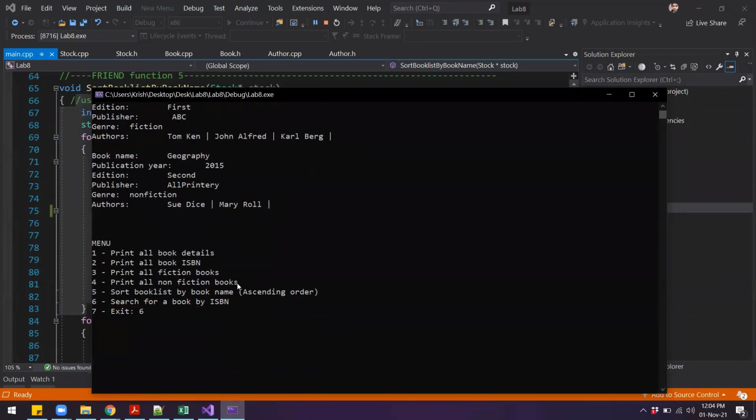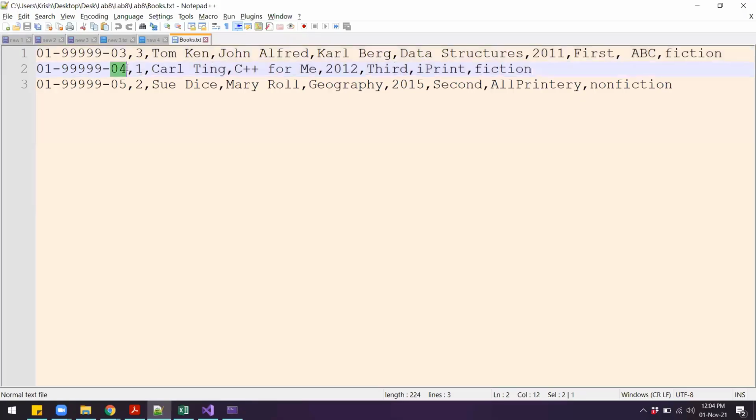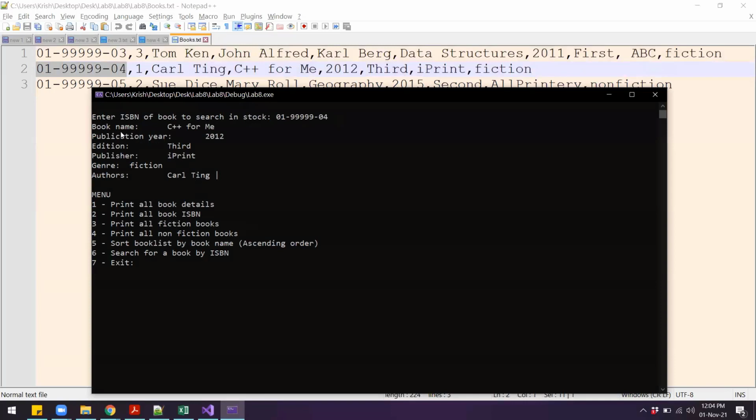And then 6, search for the book by ISBN. If I enter, let's say, this particular ISBN, we should get the details of this C++ for me. And then 7 is to exit.